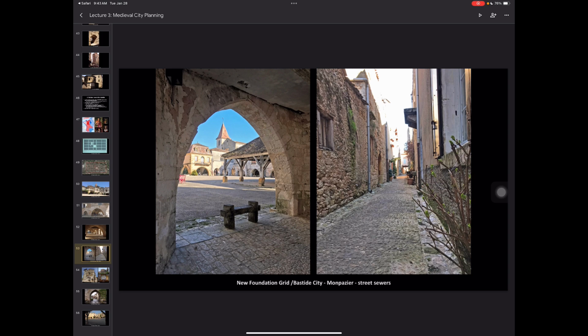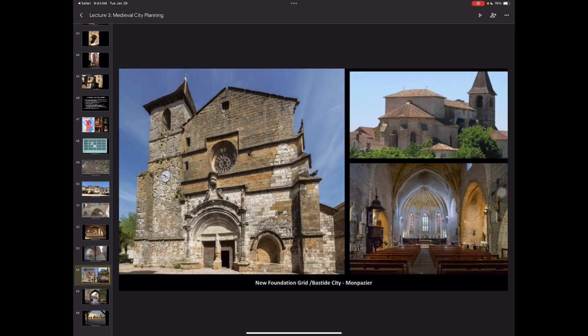What time period do you guys think this was built in? What type of church is this, by the look of it? Yes. It is not Gothic. Remember that Gothic focused on skeletonized walls. Also not Carolingian. So it's the one in between. It is our Romanesque church, right? And we know because it's quite solid, very heavy. There are a couple windows, but it's still not as tall or as light filled as the Gothic ones. It's not nearly as tall. So therefore, even if you didn't know the whole history of the two kings fighting over it, you would know that whenever this was founded, it was during that Romanesque period, 1000 to 1200.